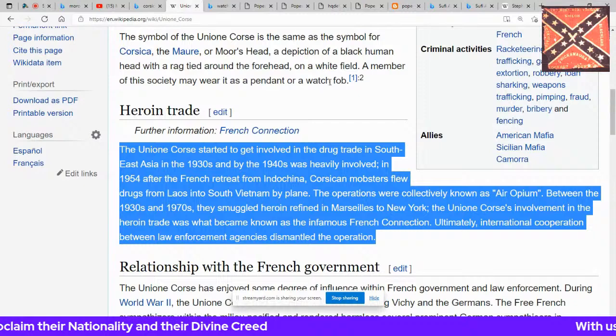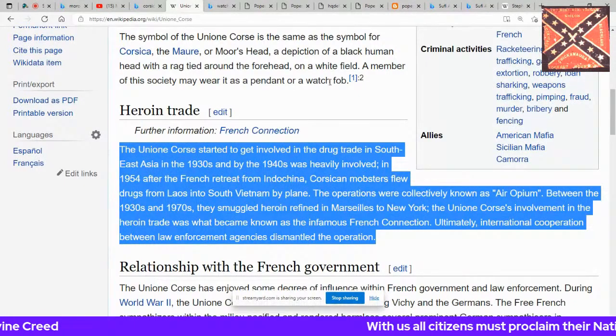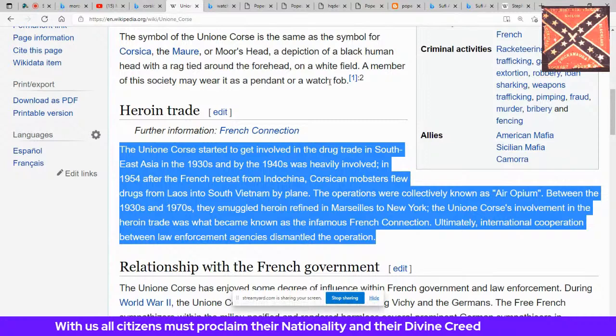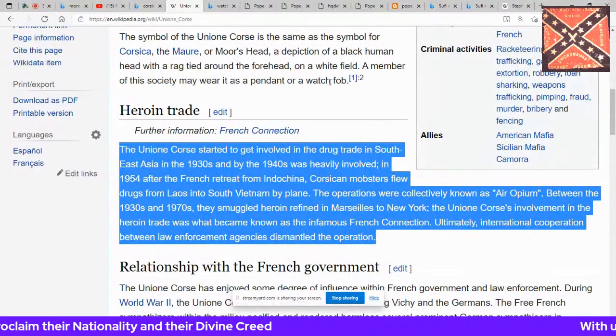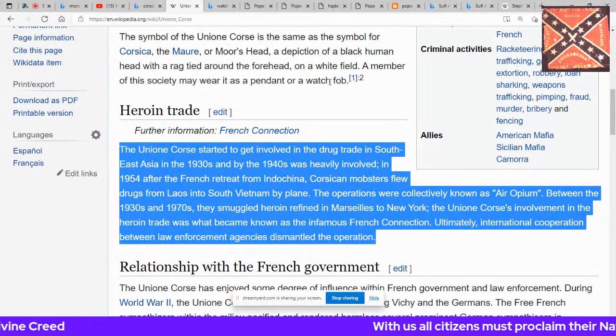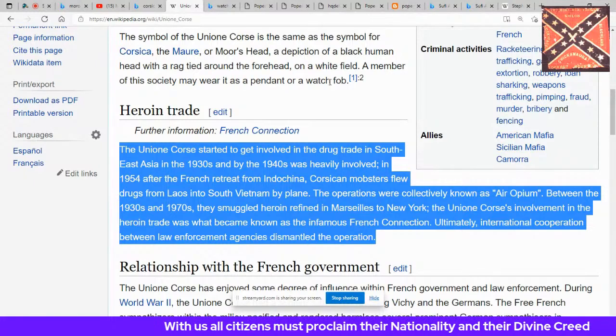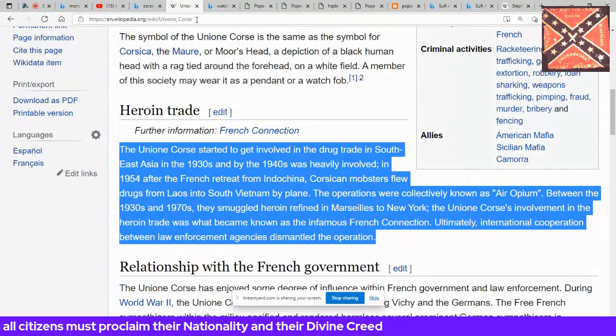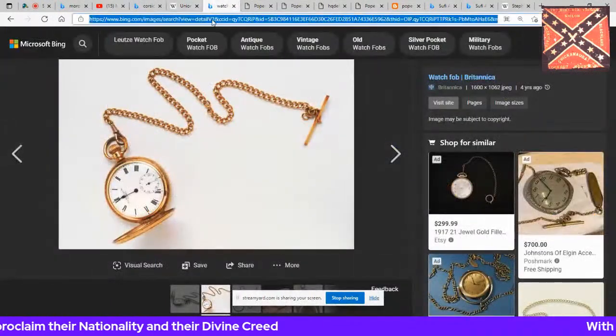Corsican mobsters flew drugs from Laos into South Vietnam by plane. The operations were collectively known as Air Opium. Between the 1930s and 1970s, they smuggled heroin refined in Marseilles to New York. The Union's involvement in the heroin trade was what became